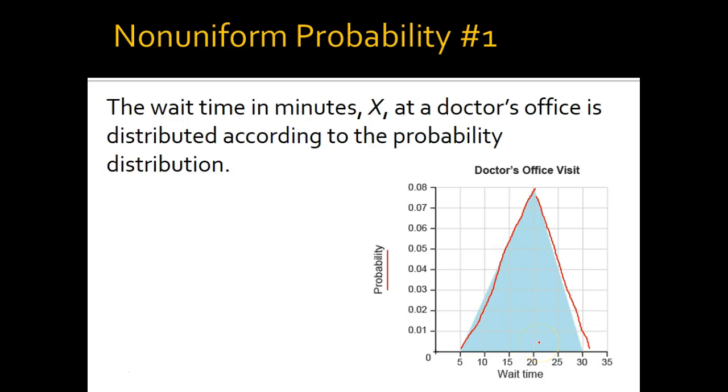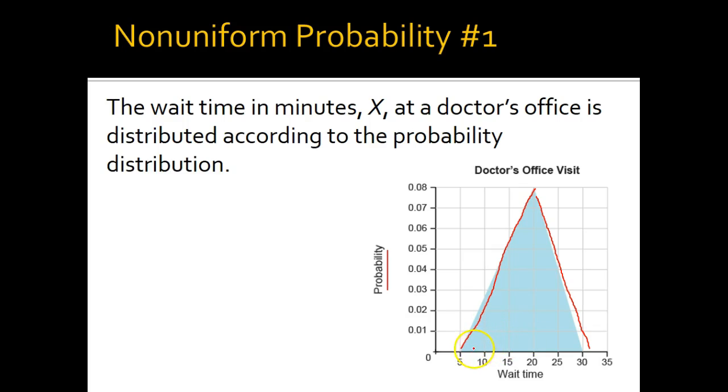Okay, so remember how those probabilities all had to add up to 100%? It turns out that these probabilities do add up to 100%, but how are you going to add them? How are you going to add the probability for 10 and 15 and 20, but also for 11 and 12 and 13-minute wait times? Well, I'm just going to tell you, this is getting dangerously close to calculus. The way that we're going to measure that is we're going to say that the area under the graph, the area of that triangle, is going to represent the total probability all